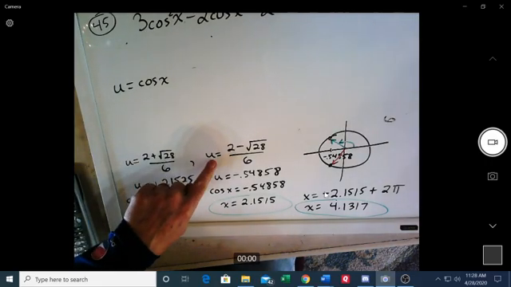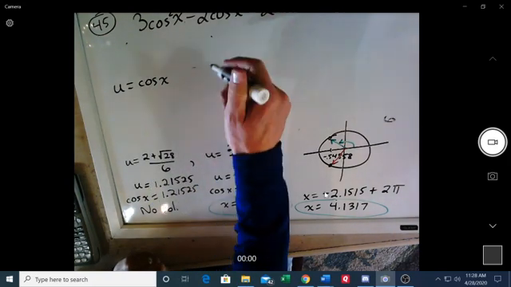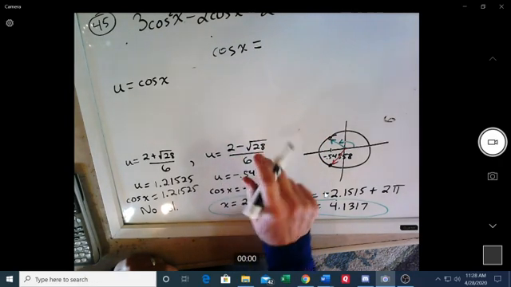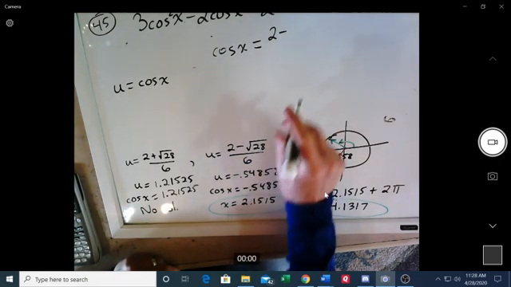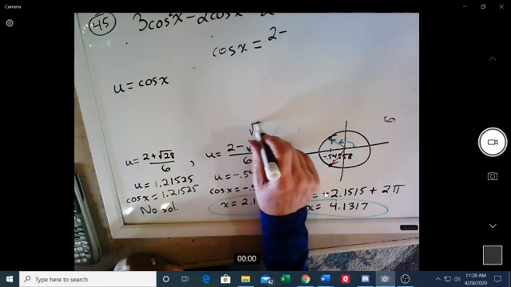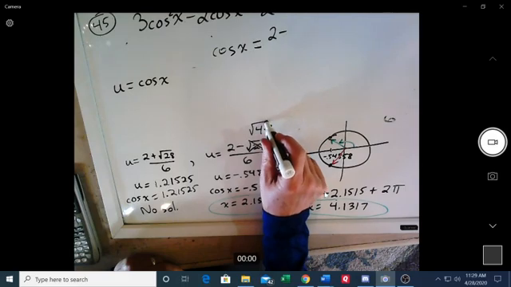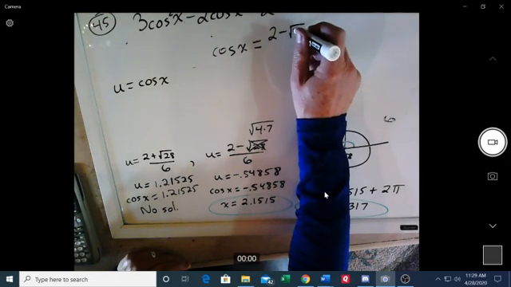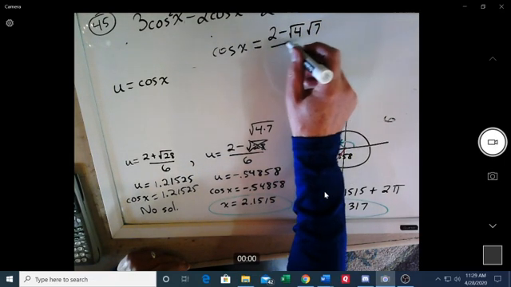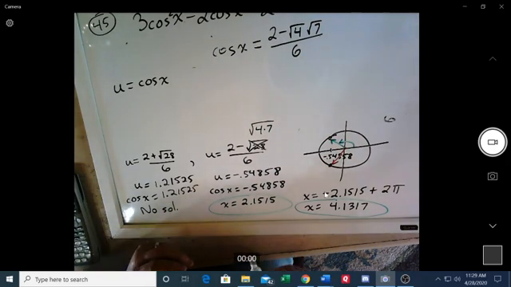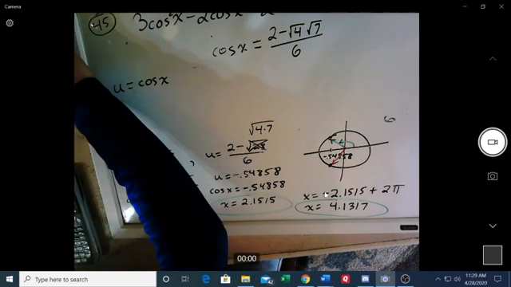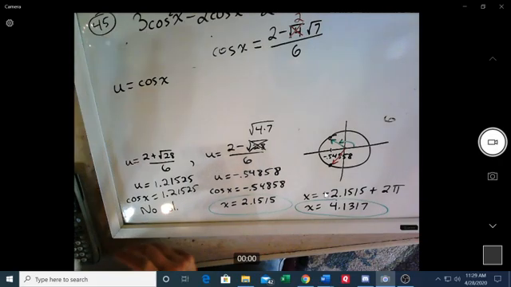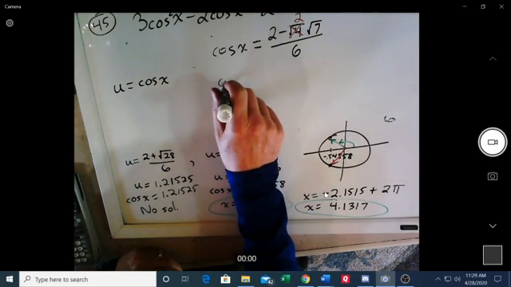So let's take this right here and replace this with cosine. U becomes cosine x. And we have 2 minus the square root of 28. That's the same as 4 times 7. And that's the square root of 4 times the square root of 7 over 6. Now, the square root of 4 is 2. So this is the same as cosine x